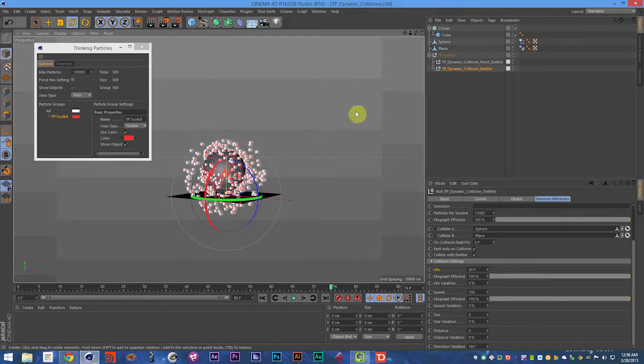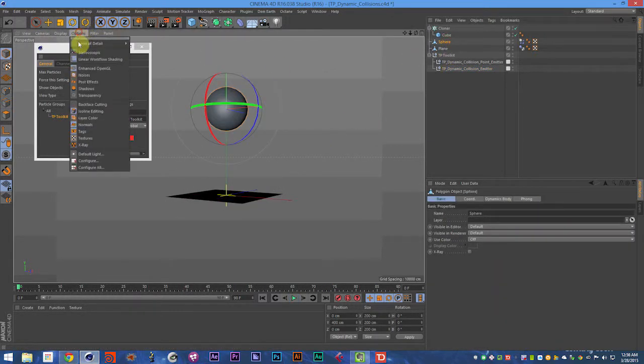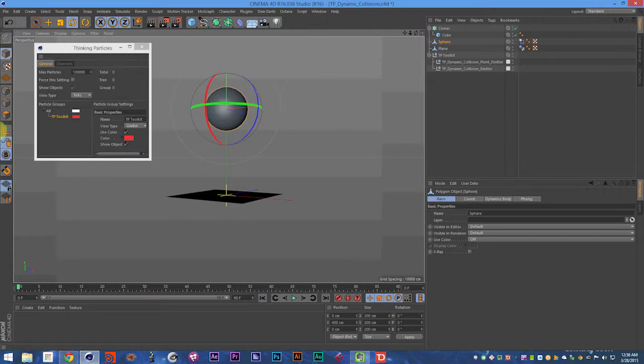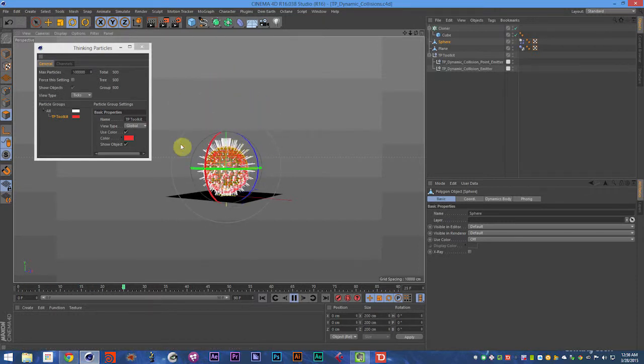So if you have a polygon on your sphere, and we'll make it, let's see, we have normal selected and cube. So those little lines, each polygon has one. It's called a normal. It's the direction the polygon is facing. The particle emitted from that polygon will go along that normal, unless you change the direction variation, and that will cause the,